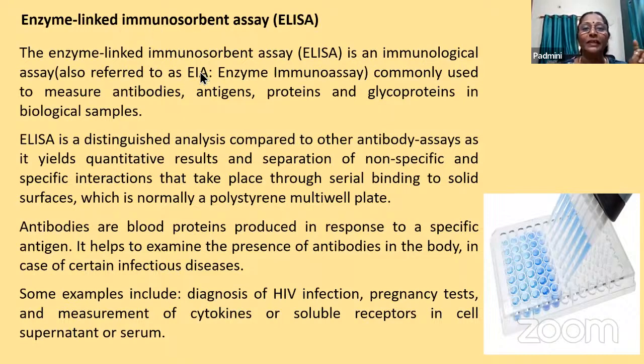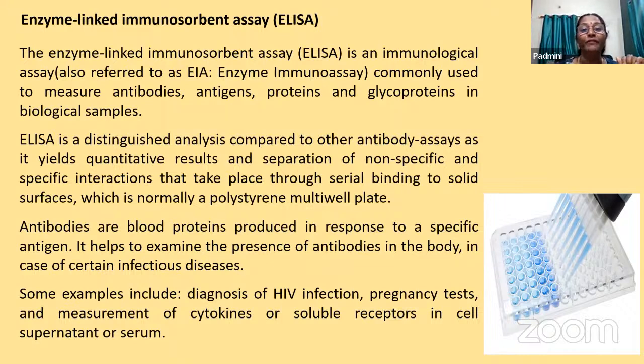ELISA is called enzyme linked immunosorbent assay. When an enzyme is linked to an immunoglobulin or antibody, that is called enzyme linked immunosorbent assay, the full form of ELISA. This is also referred to as enzyme immunoassay. So you just say enzyme, you're not going to talk about link, it is just enzyme immunoassay. Nevertheless, both are the same, and these are commonly used to measure antibodies, antigens, proteins and glycoproteins in a biological